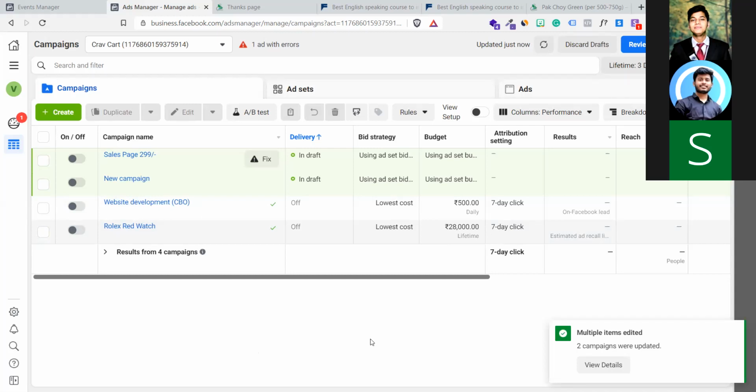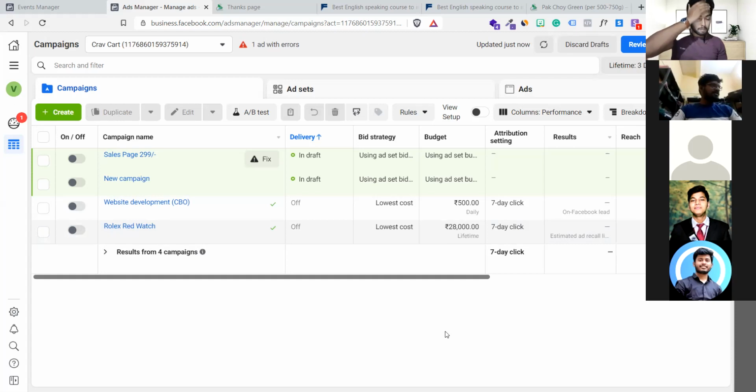Do we have any questions about minimum budget, guys? I think the minimum budget for Facebook ads is 90 rupees if I run it. If I want to do e-commerce or drop shipping, how much budget can I start with? See, for e-commerce we start with 300 rupees for any particular ad copy, because unless you spend 300 rupees, you will not get results. Suppose the product cost is 500 rupees.